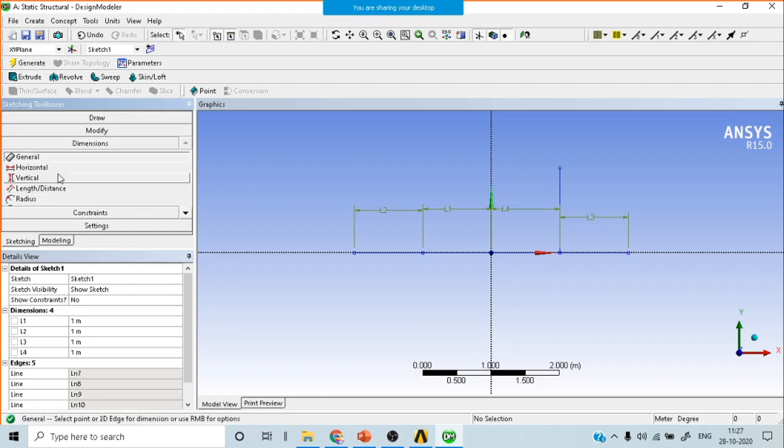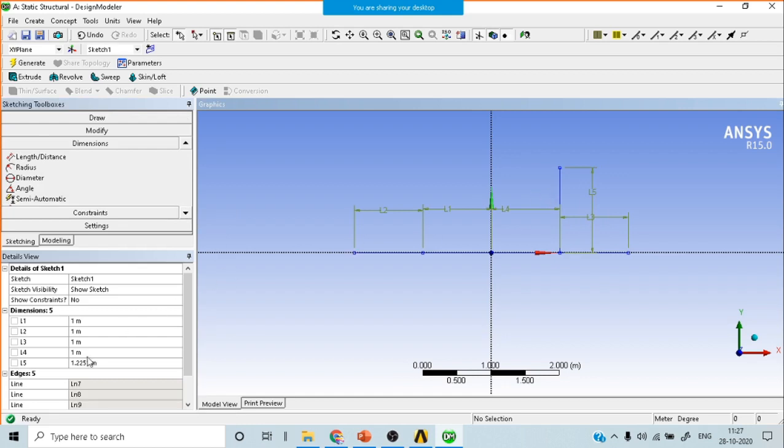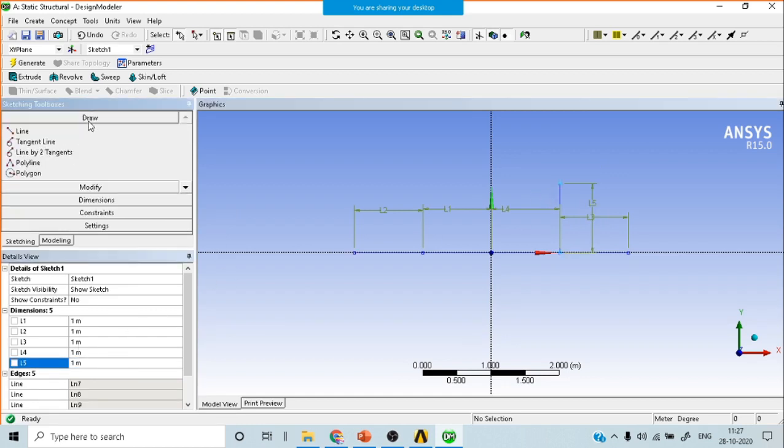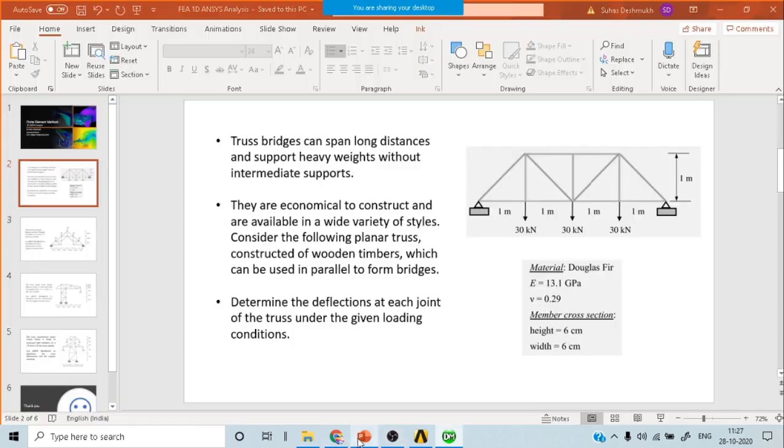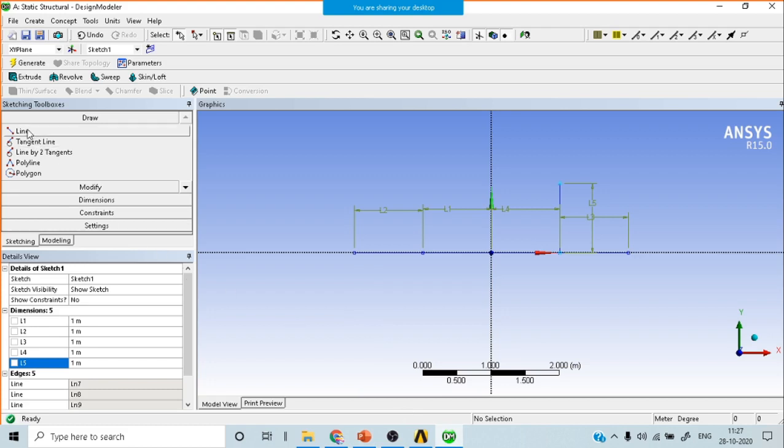Then I can go into the dimensions. I'll give a for it. So it is 1 meter. In a similar fashion, how many vertical lines do I need to draw? 1, 2, 3. So I will just repeat it. 1 here, line,